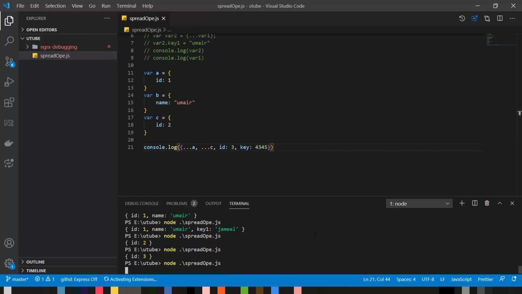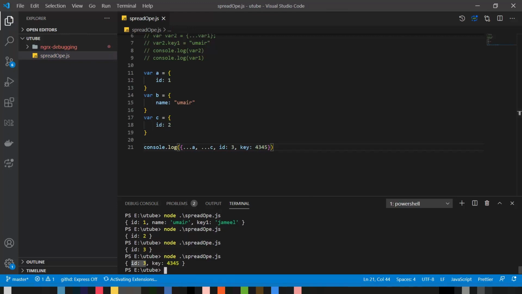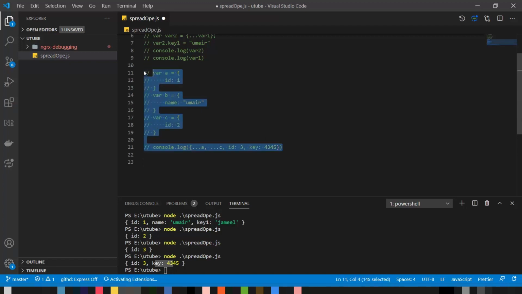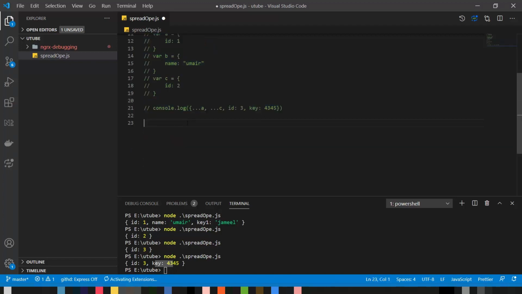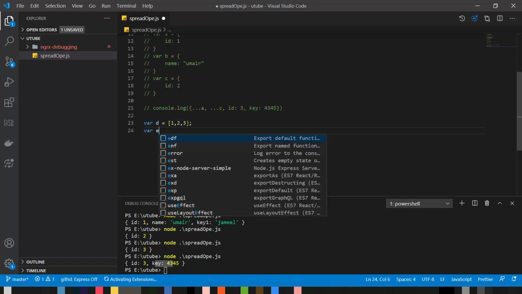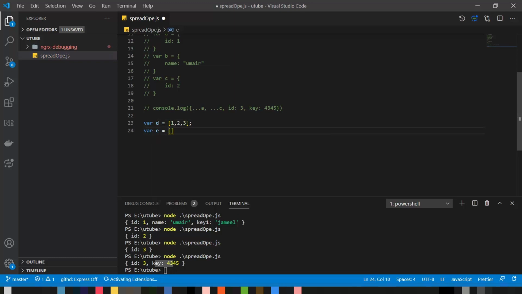So now if I just do it, you can see that it has kept the last ID and the key, this one. So that was about the objects for spread operators. So now let's talk about the arrays, right? So I'm going to comment above objects and I'm gonna create few arrays. So var D equals 1, 2, 3 and var E equals 4 and 5,